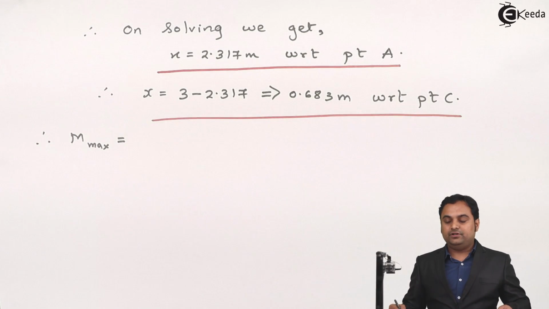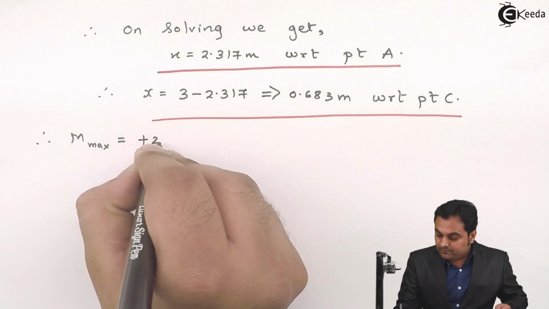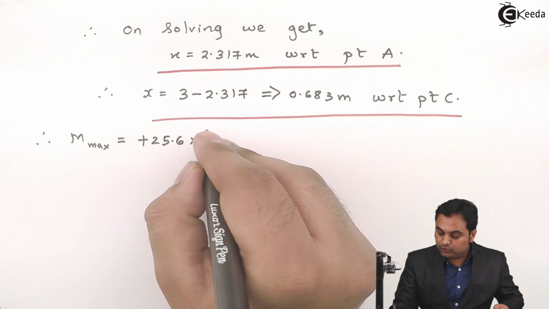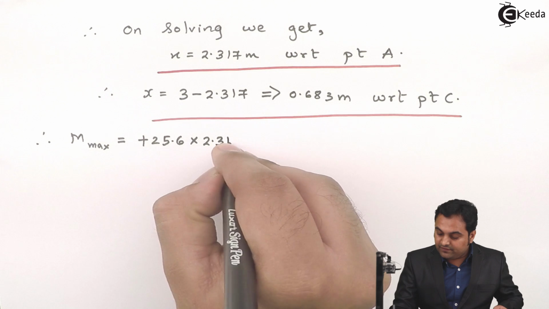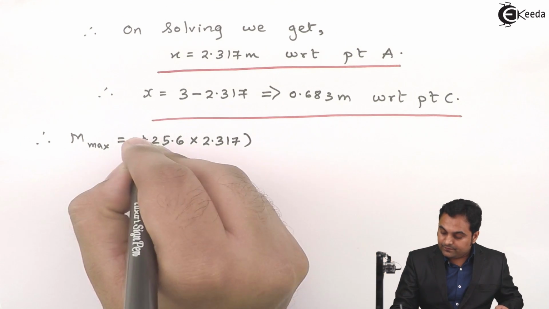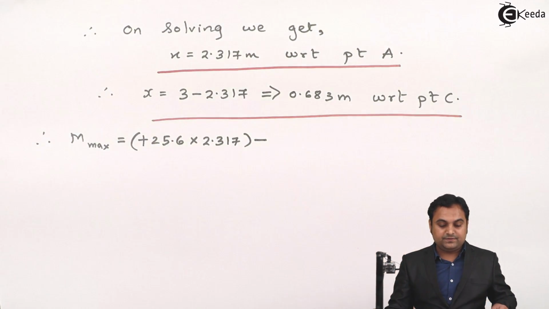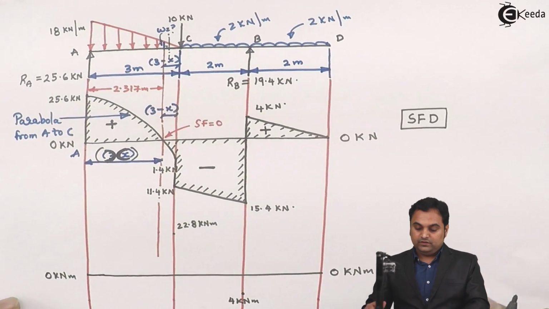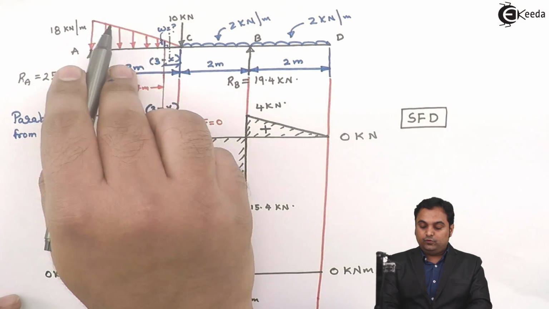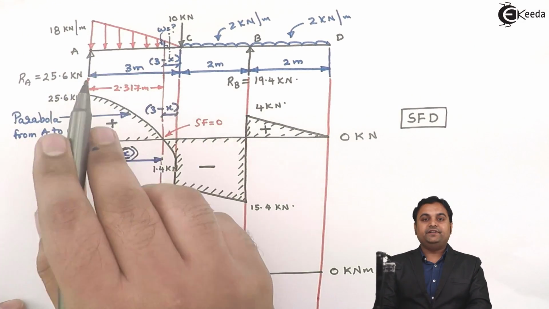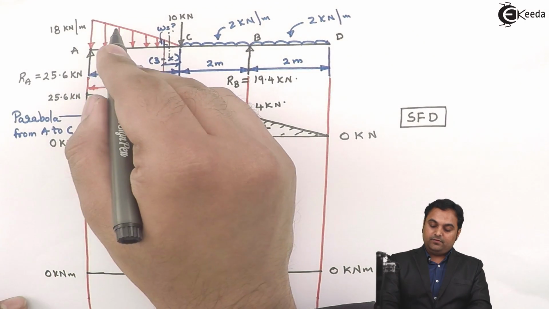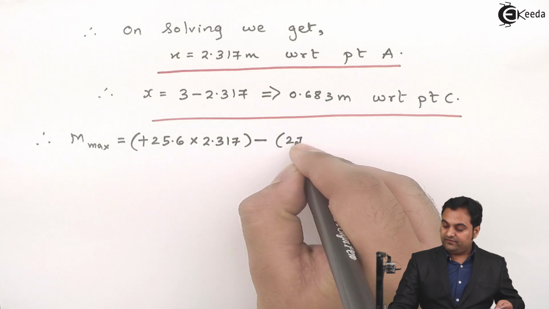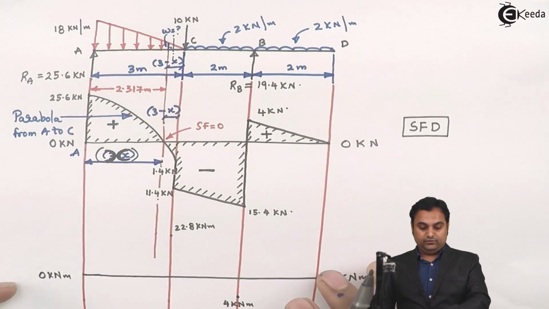So clockwise moment to the left is positive, that is plus 25.6 into 2.317, then minus, after this we have this entire UVL whose point load is 27 kilonewton, and that will be producing anti-clockwise moment. So minus 27 into,